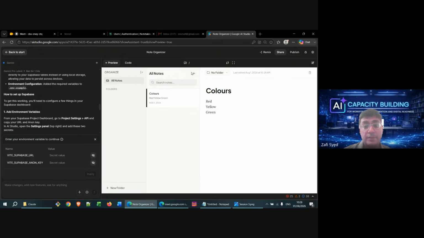And I'll create another node, which would be on fruits. And let's say apple and banana. So we're entering data. But the thing is that data would still not be stored, even though we have done the authentication part. So for example, if you were to log out and log in again, we'd only be able to see the local storage, but there won't be any persistent storage.